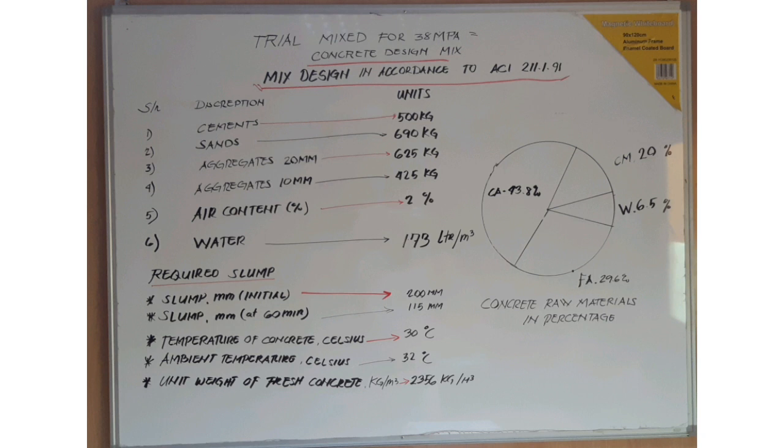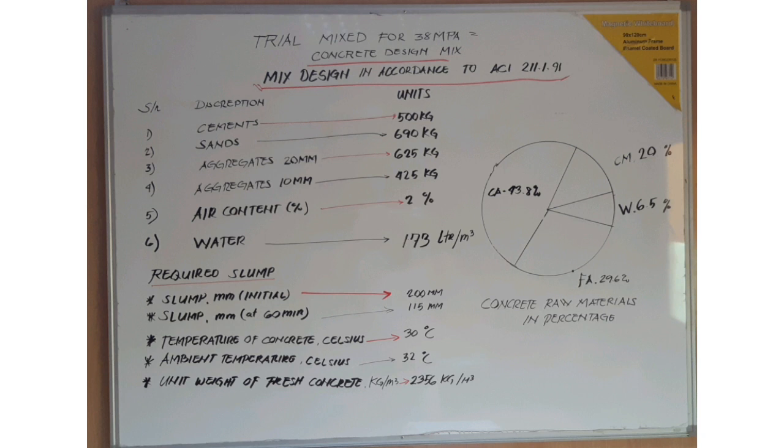Before doing all this, we have to get approval of the batching plant first. Secondly, we have to check the calibration of the batching plant and equipment, all the things. This is the first part we have to perform. And before that, we have to collect all raw material samples and test their physical and chemical properties. After satisfying all the raw material tests, we go for the trial mix. Before taking concrete for the project, we have to do the trial mix, just to confirm whether it is meeting our requirement or not.